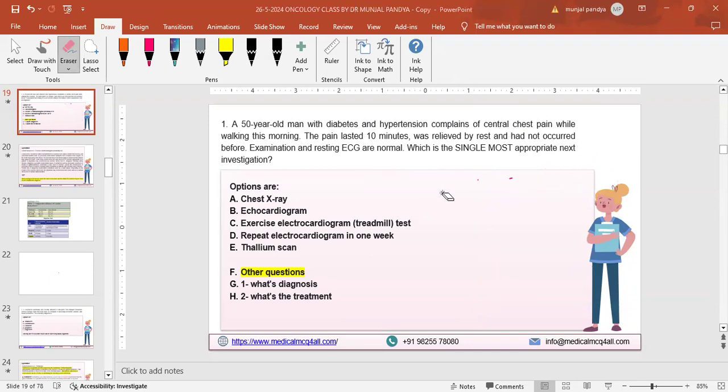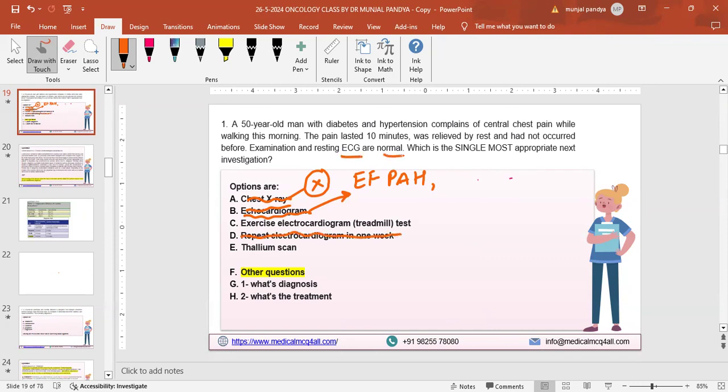Great. So unstable angina. Now if you don't know the answer, this is one of the ways or techniques by which you can reach the answer. In unstable angina, you have nothing to do with the X-ray, so X-ray will not help you. So this is gone. Echo, what is the echo? It's a heart sonography. It will give you an idea about the ejection fraction, pulmonary artery hypertension, and the anatomical idea about the valve. Unstable angina is a coronary artery disease, so echo will not give much idea about it. Repeat echo in 1 week will not help because echo will remain normal.